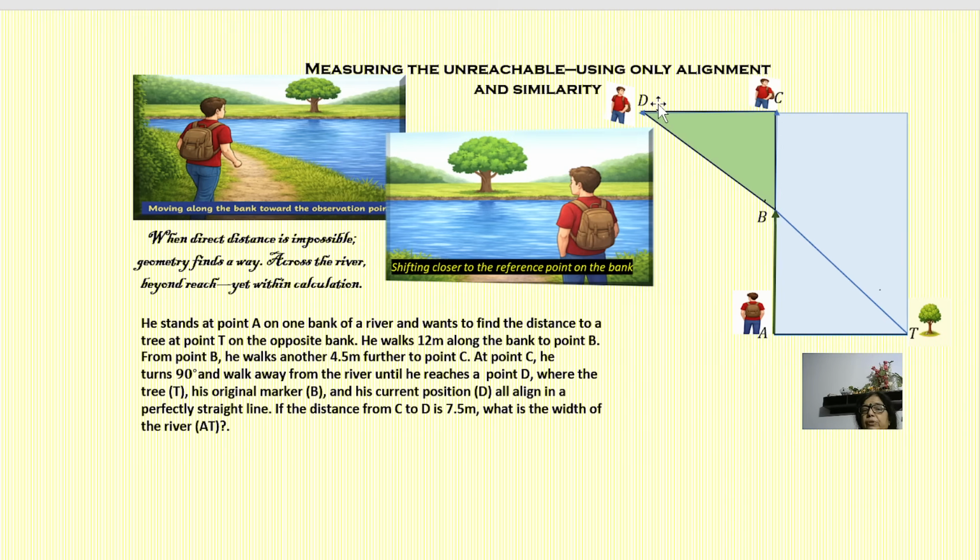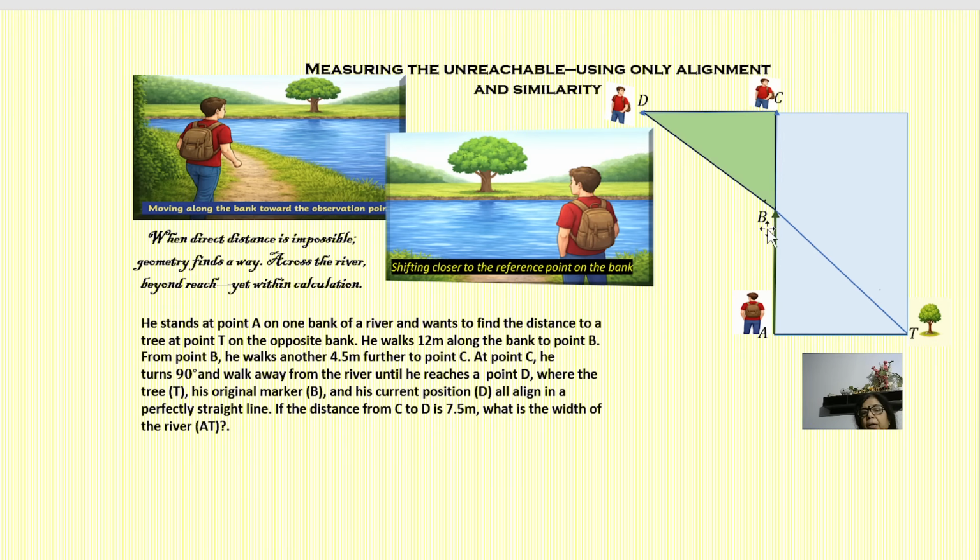measuring the unreachable using only alignment and similarity. So here you can see this child, the student, was supposed to measure the width of the river without actually going into the water. So what he does is, he stands at a point A and he locates a tree directly on the opposite bank over there. So next thing what he does is, he positions himself directly in line with this tree that is on the opposite bank. So mathematically we can check it out this way, and then he starts walking